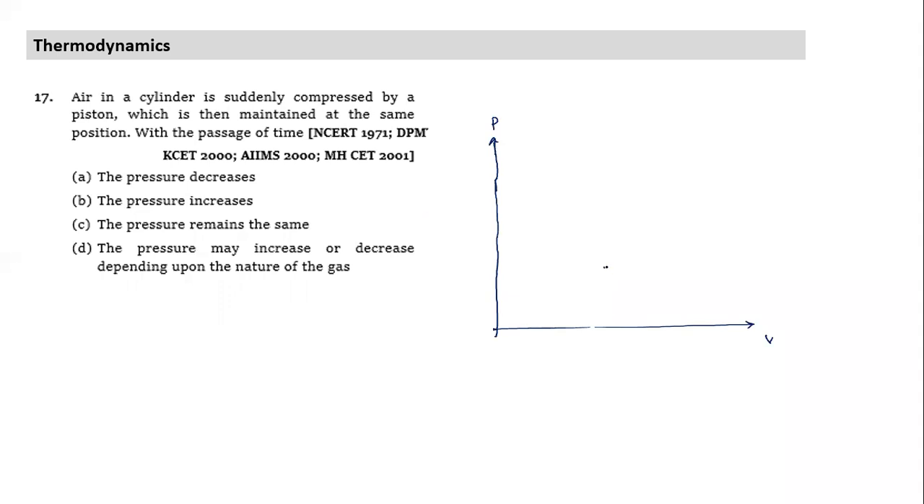The cylinder is suddenly compressed. This is the initial point. So what does suddenly compressed mean? What does suddenly imply here? Adiabatic. Okay. So suppose from this point, if I draw an isothermal curve,